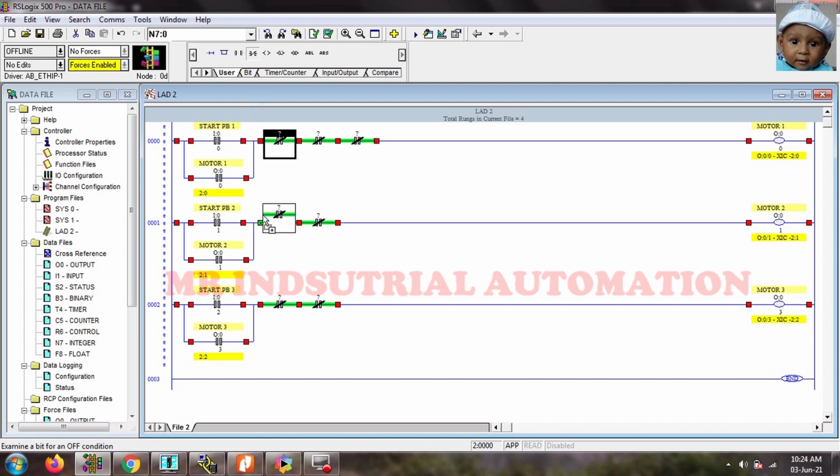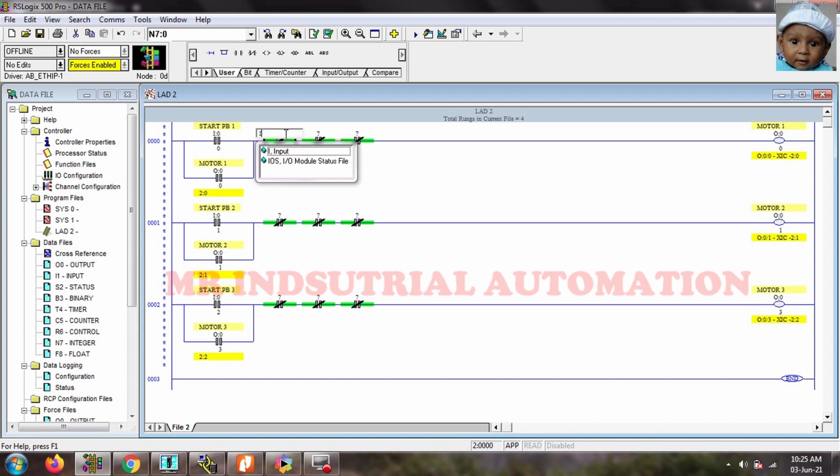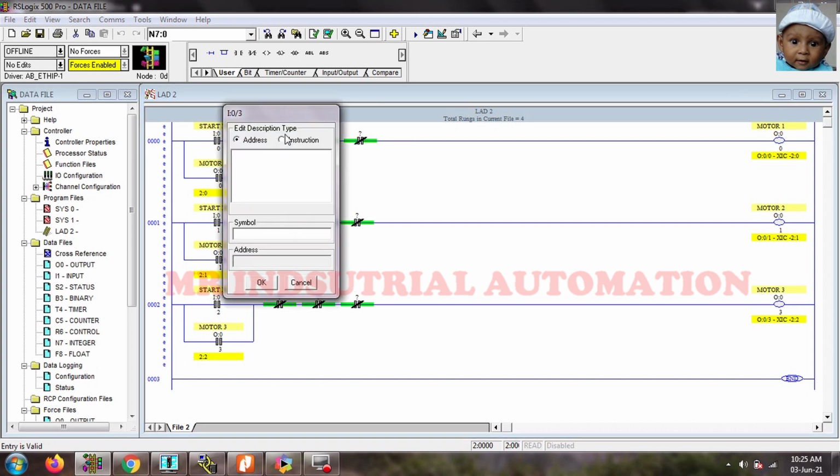Now again I am taking 1 NC on each rung to stop that rung logic. Let's say rung number 0 is working. If you want to stop only that rung, we can stop that rung by the stop PB.